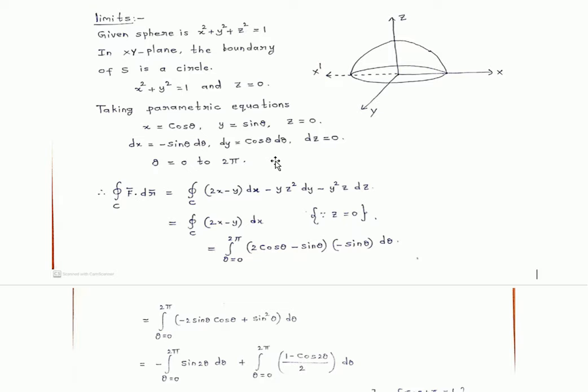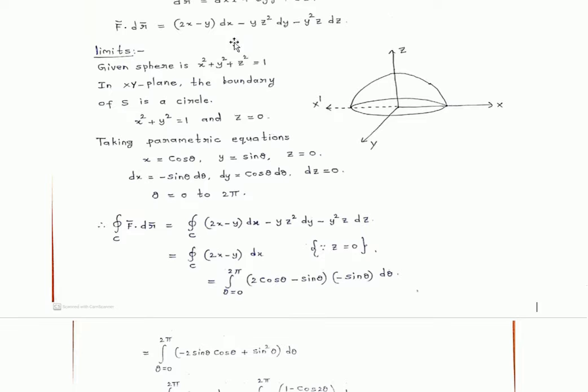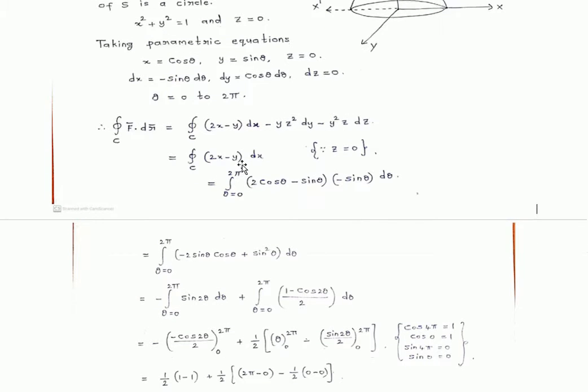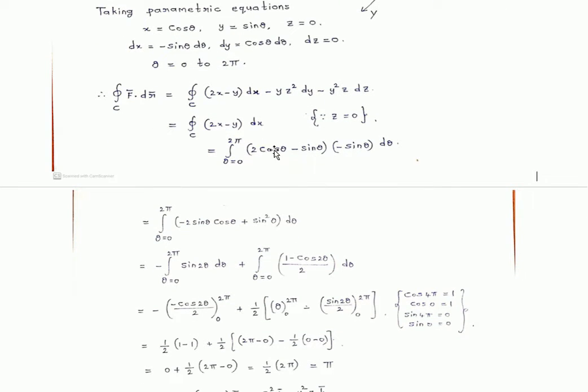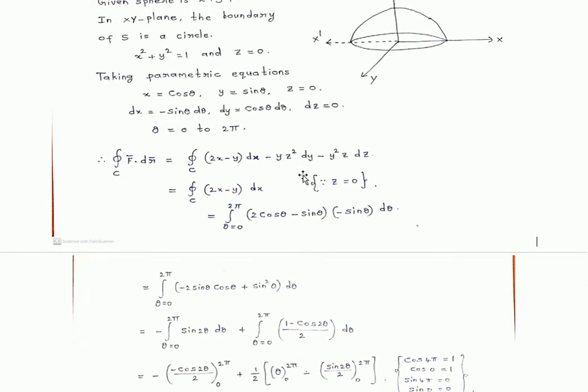Now you take this line integral. Closed integral C f bar dot dr bar we have written in the above step. Now closed integral C 2x minus y dx, because z is 0, dz equal to 0. If you put z value 0, dz equal to 0, the above line integral will be converted to like this. Now here xy variables are there. We convert xy variables to theta variables by taking the above parametric equations. In the place of x you will get cos theta, in the place of y you will get sin theta, dx is minus sin theta d theta. In the above step we have written.